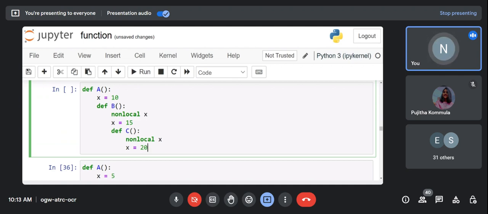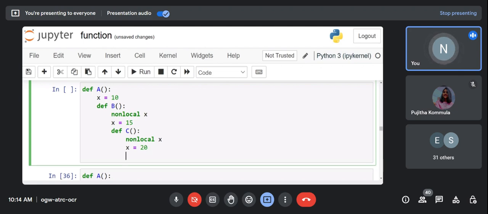Method A, then there is a method B inside it, and then there is a method C inside it, and I'm using the same variable x. In B I made it non-local, and in C also I made it non-local. Okay, and if I do print x,